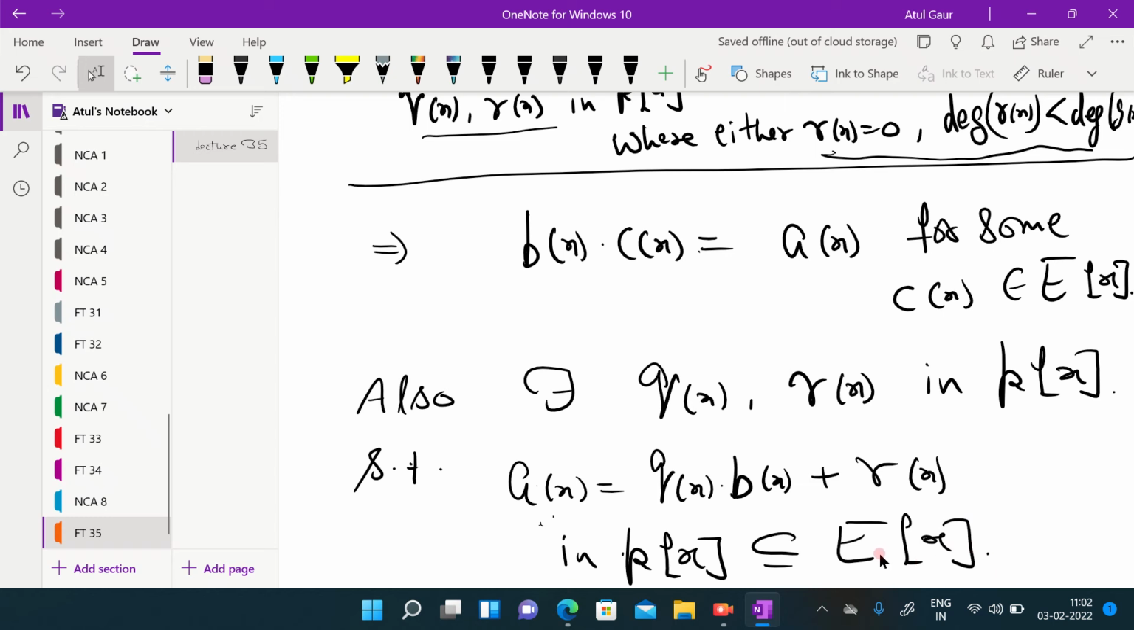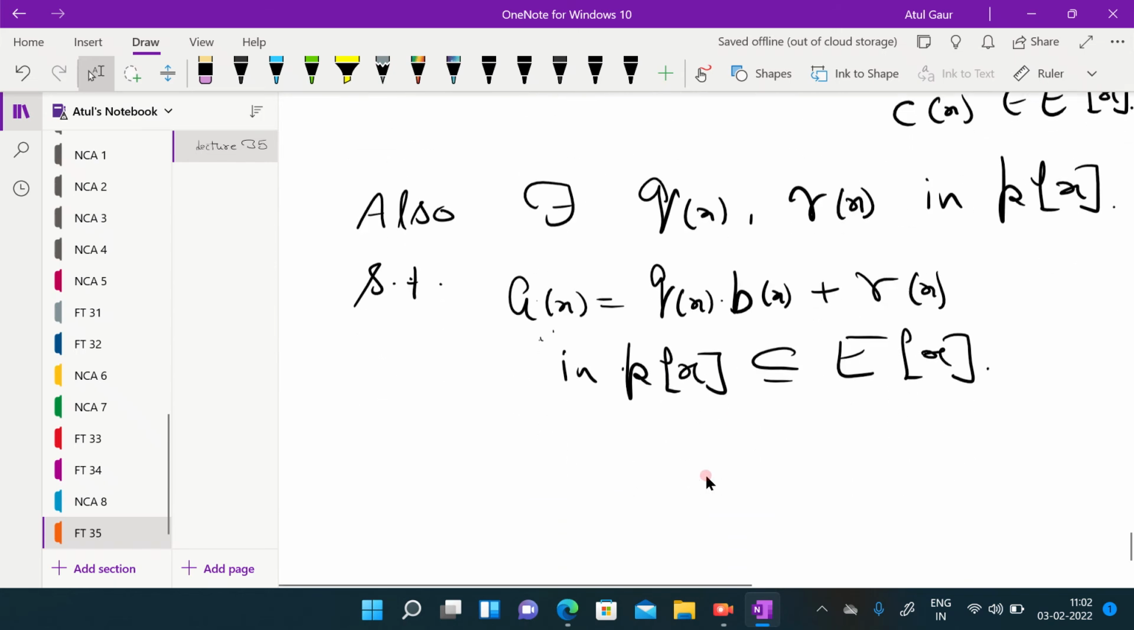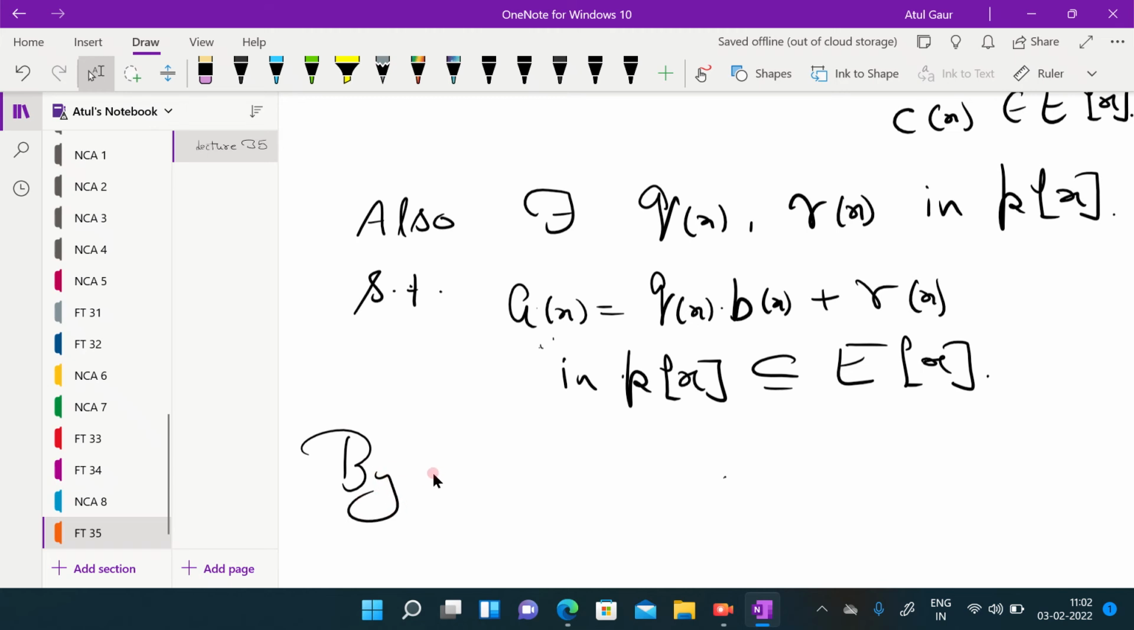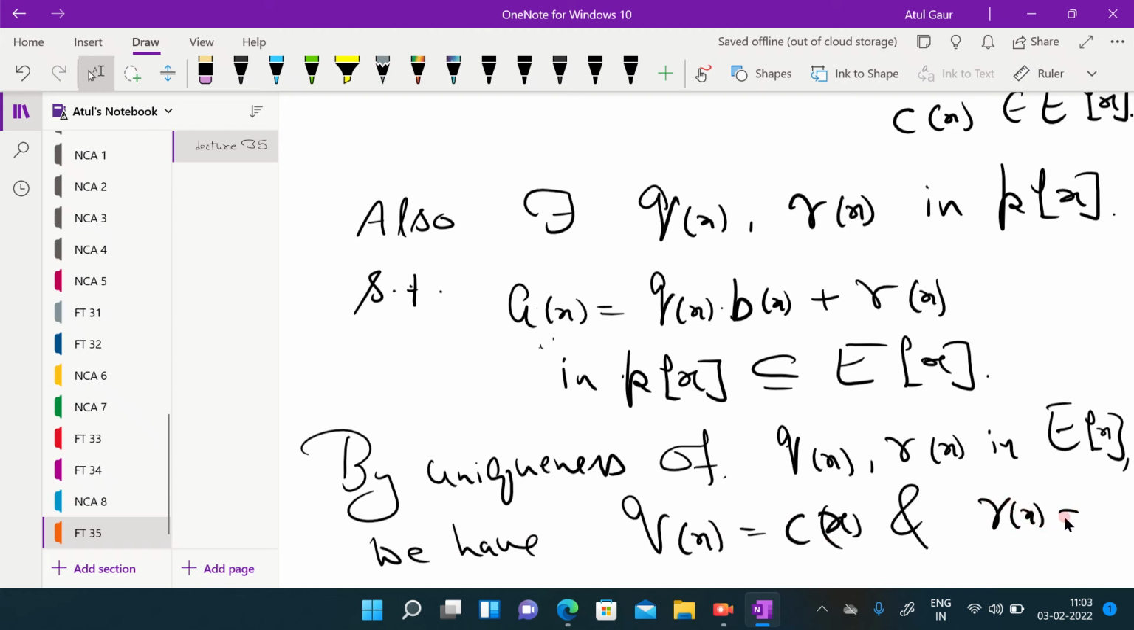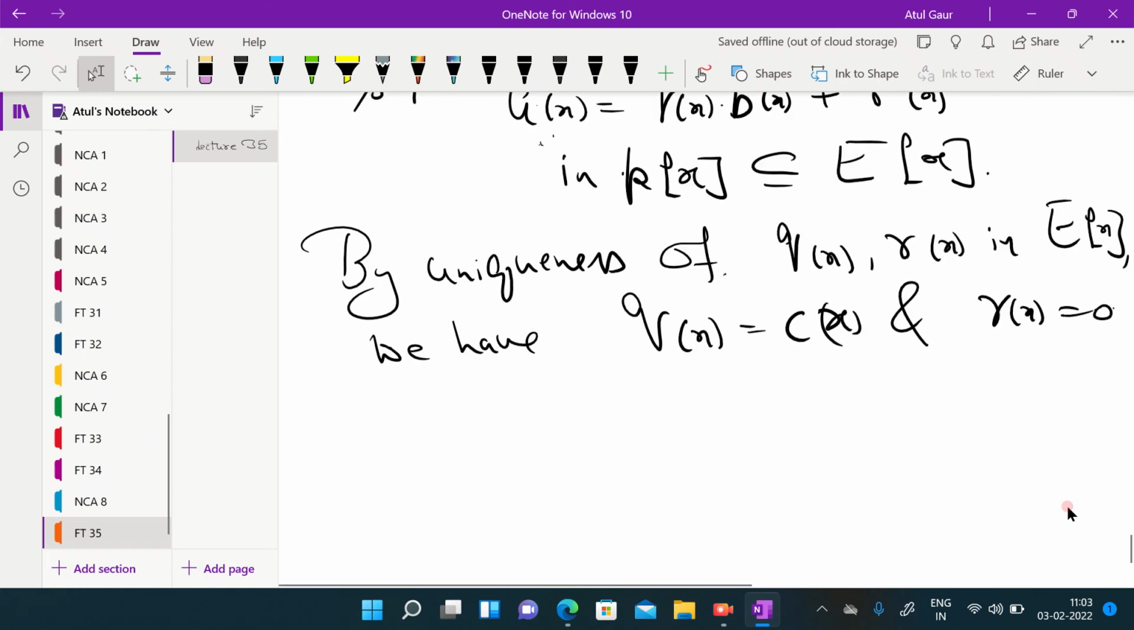Is that fine? So now in ex, you can conclude from the uniqueness. So by uniqueness of qx, rx in ex, we have qx must be equal to cx and rx is 0. So that simply means the division,